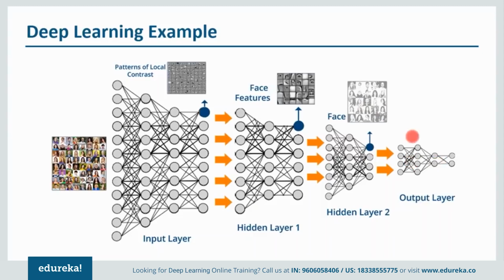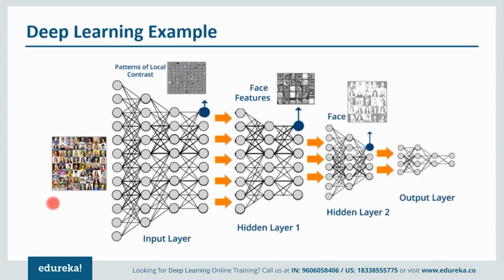Now, basically, you can add more hidden layers to solve more complex problems. For example, if I want to find out a particular kind of face, for example, a face which has large eyes or which has light complexion, I can do that by adding more hidden layers. And I can increase the complexity also at the same time. If I want to find which image contains a dog, for that also I can have one more hidden layer. So as and when hidden layers increase, we are able to solve more and more complex problems.